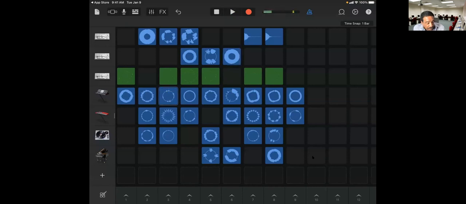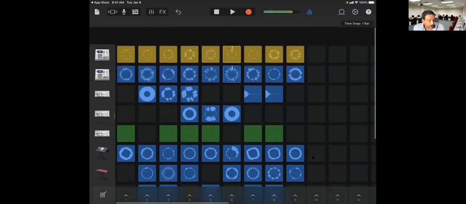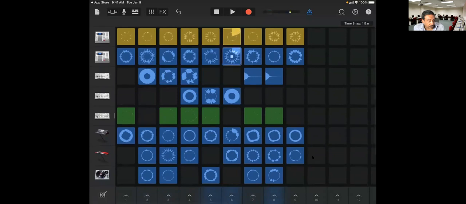Stop everything. Stop. Who's playing now? Stop. That's what happened. I had a nice little thing going on. I messed it up because I tapped the number and it chose everything in one column. Now these are pre-made. You may like these, you may not. So if I choose everything in column 2, if I tap number 2 at the bottom,